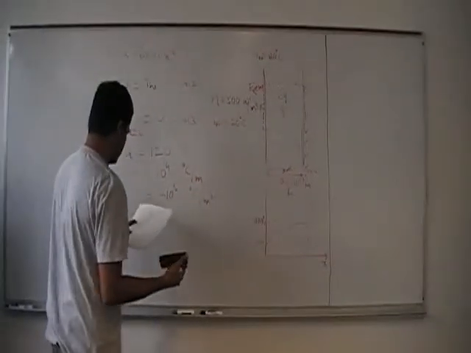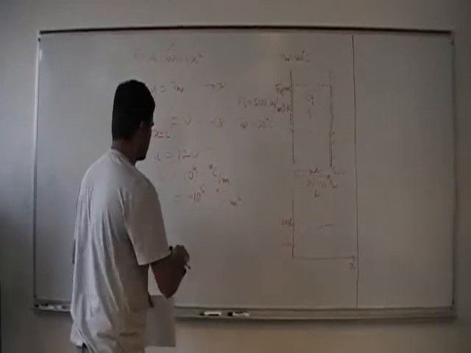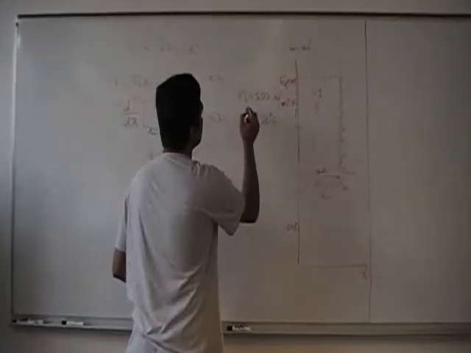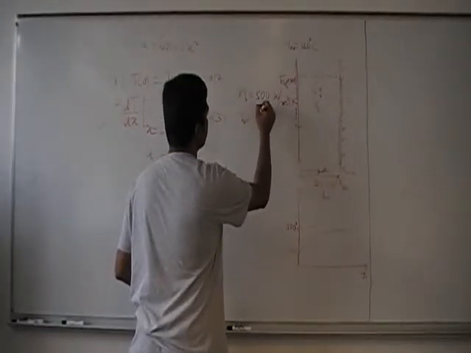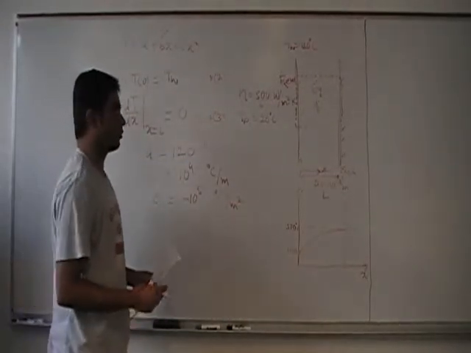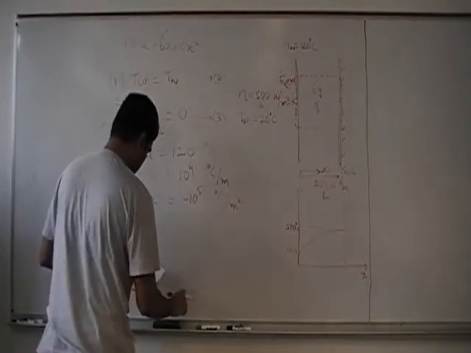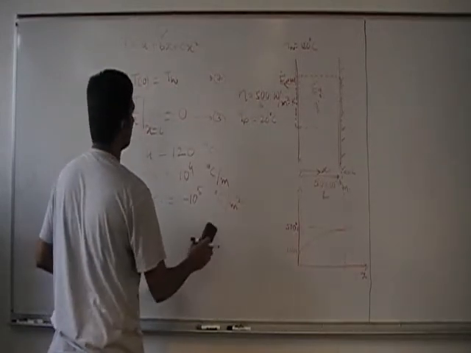So let's look at this third part of this problem. The third part of this problem is, if this heat transfer coefficient is reduced or is halved, what happens to the temperature profile? So for this, we go to the first equation that we had used, or equation number 1, which was